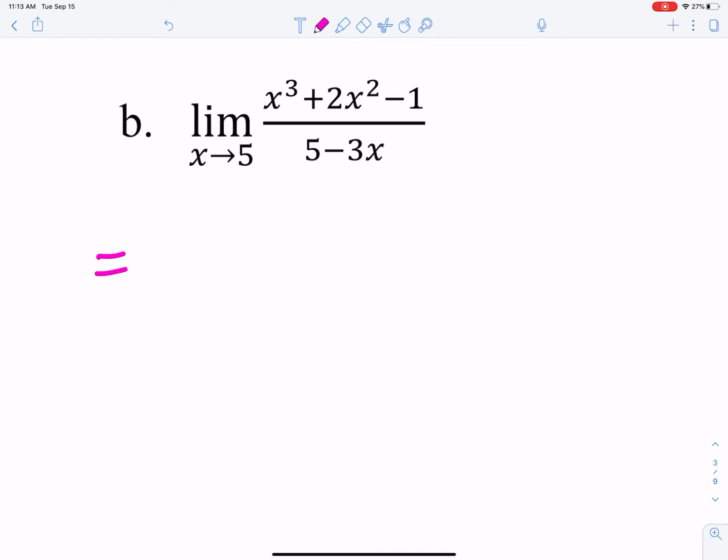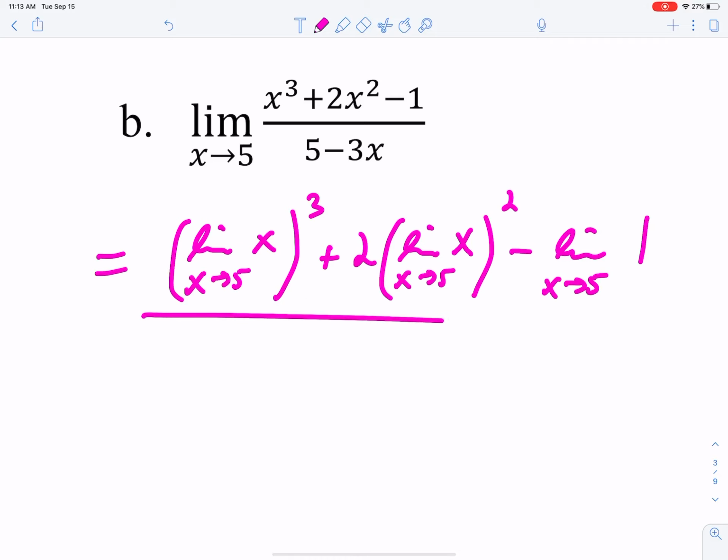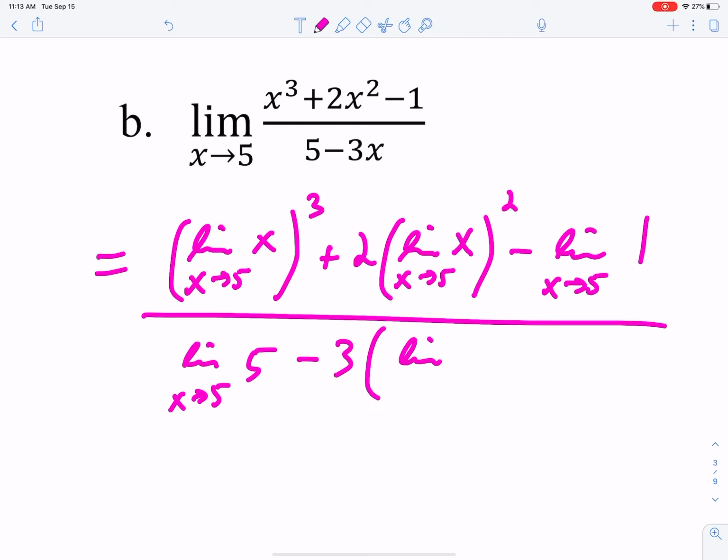So we're going to do the limit as x approaches 5 of x cubed plus 2 times the limit as x approaches 5 of the function x squared minus the limit as x approaches 5 of the constant function 1 over the limit as x approaches 5 of the constant function 5 minus 3 times the limit as x approaches 5